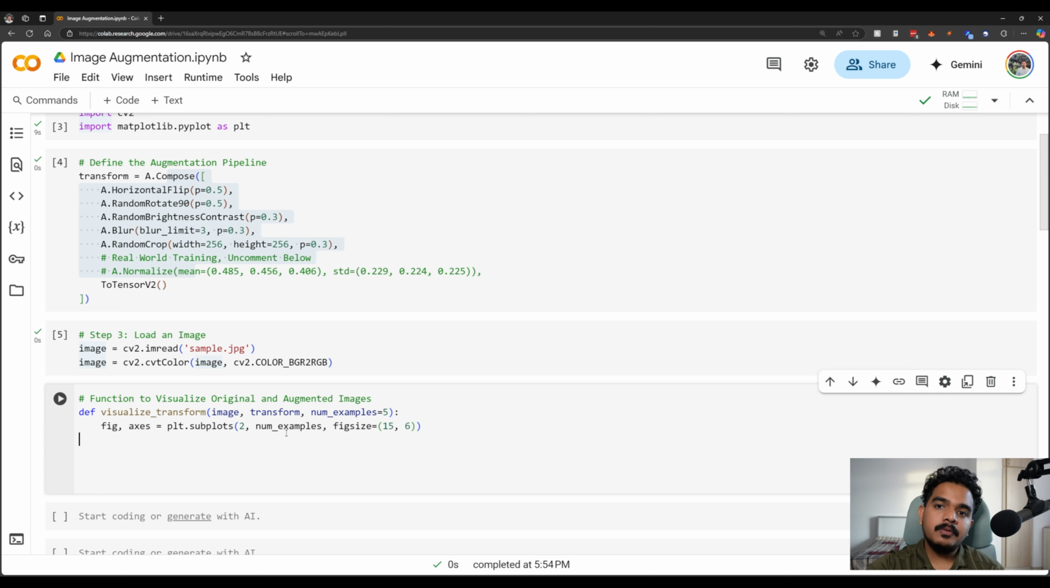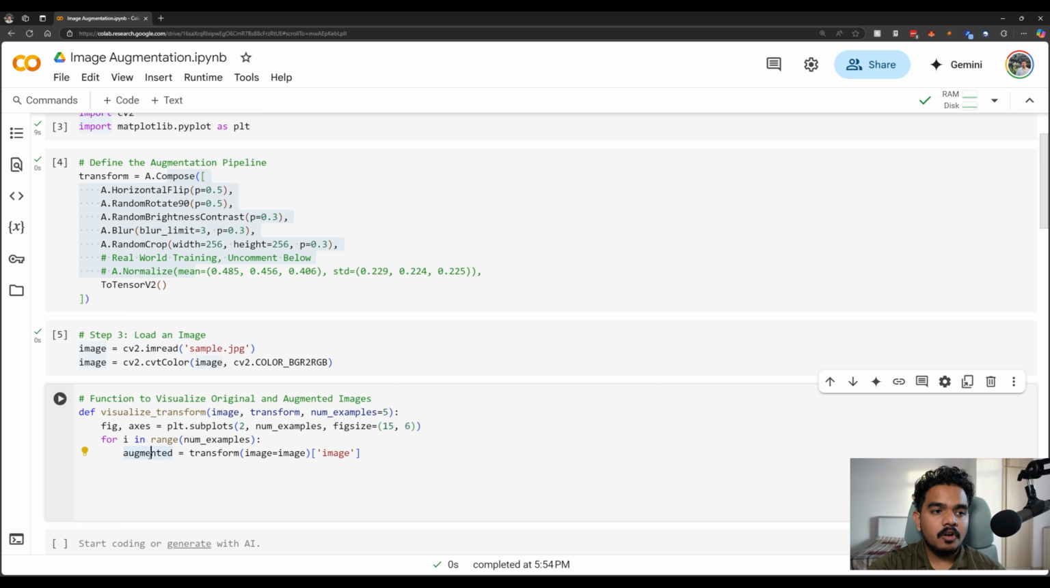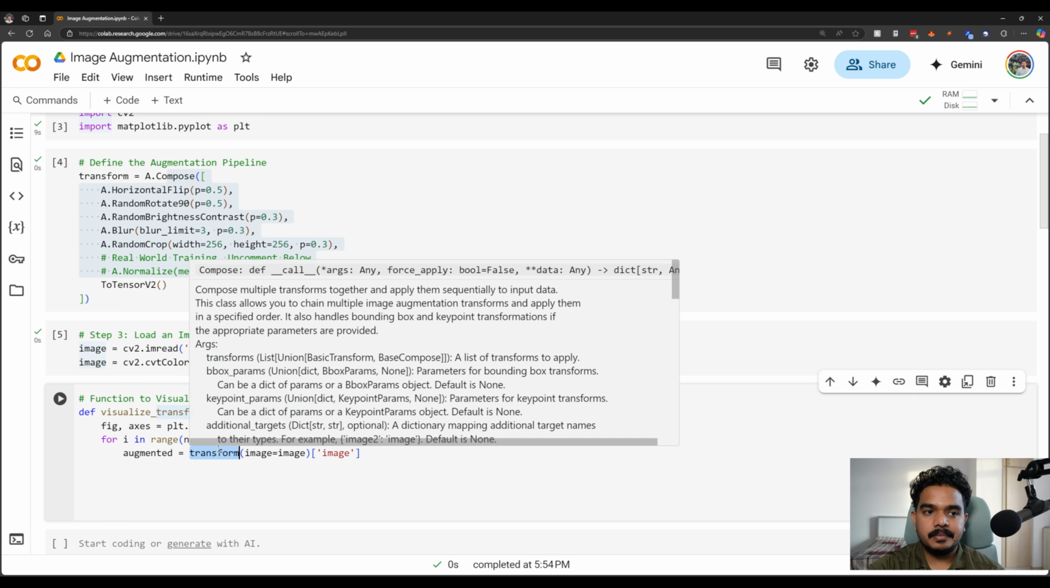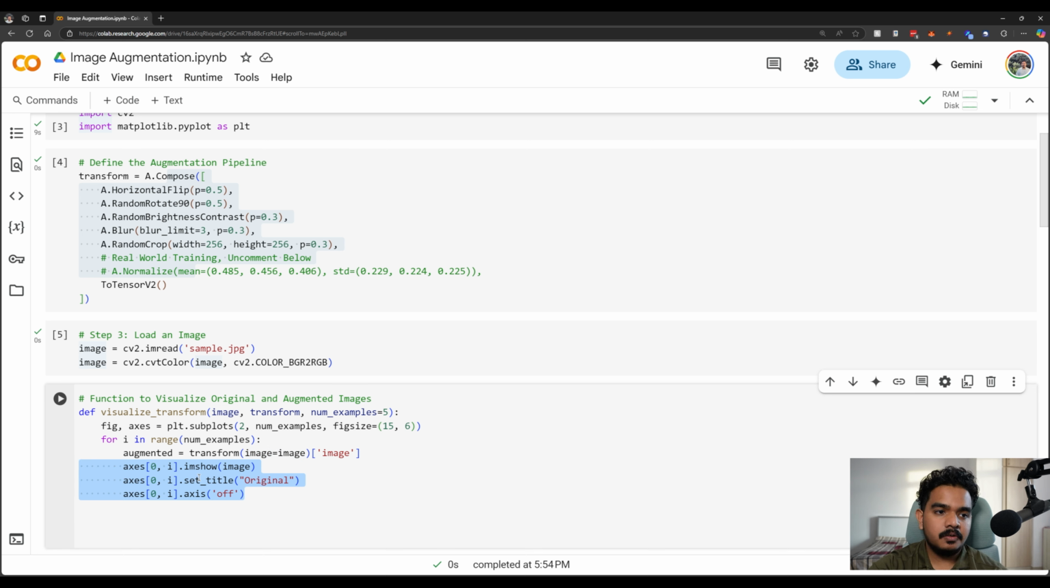On the top row, I want to have the original image, and on the bottom row, I want to have the augmented image for visualization. Alright, so I loop through each column, which contains 5 examples each, and then I get the augmented image by calling the transform pipeline. All that the transform augmentation pipeline needs is the input image, and the image key, which gets returned after calling the transform, contains the augmented image. So in the first row, I will have the original image. So I just do access.imshow with the original image that is passed in, and I set the title to original